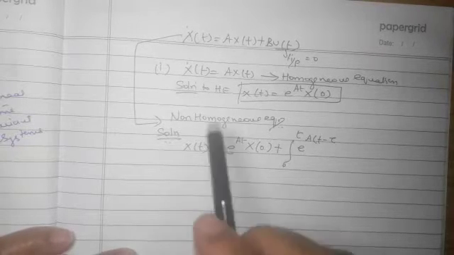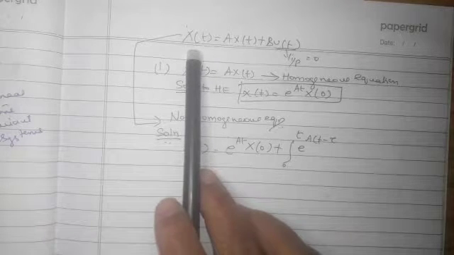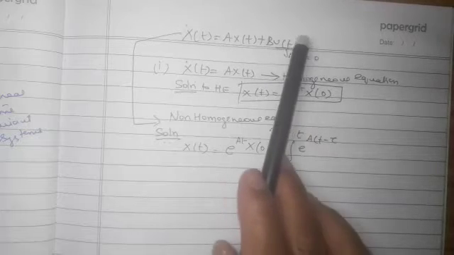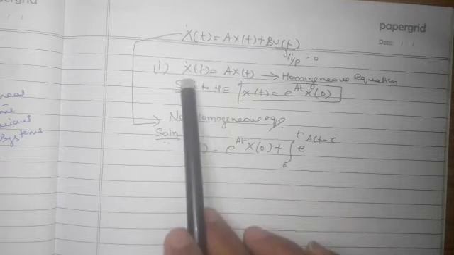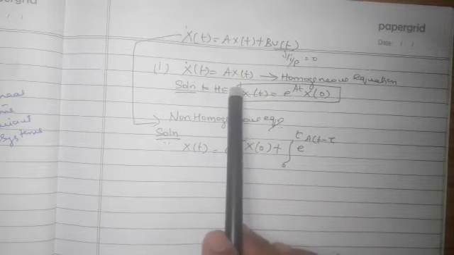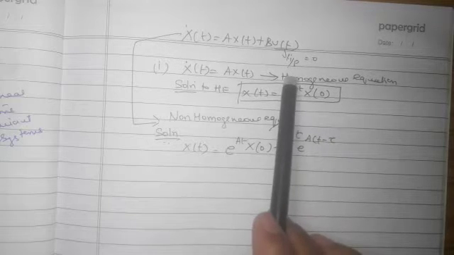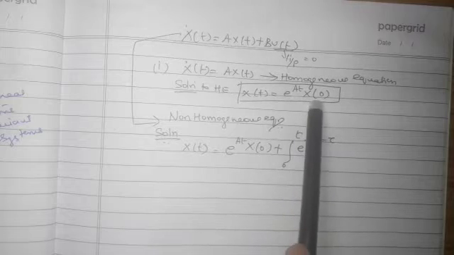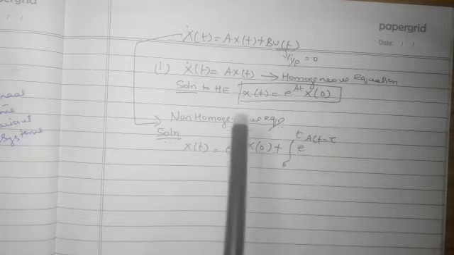Okay, continuing with the previous part, we had discussed the input equation, which is given by x dot of t is equal to Ax of t plus Bu of t, where u of t represents the input. If I make the input go to 0, my equation reduces to x dot of t is equal to A into x of t, which is termed the homogeneous equation. The solution for the homogeneous equation is given by x of t is equal to e to the power At into x of 0. If I consider the whole equation with my inputs applied, then it is called the non-homogeneous equation,